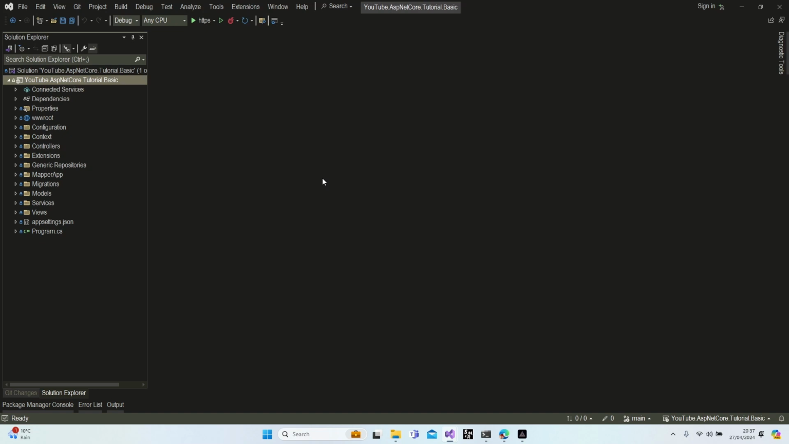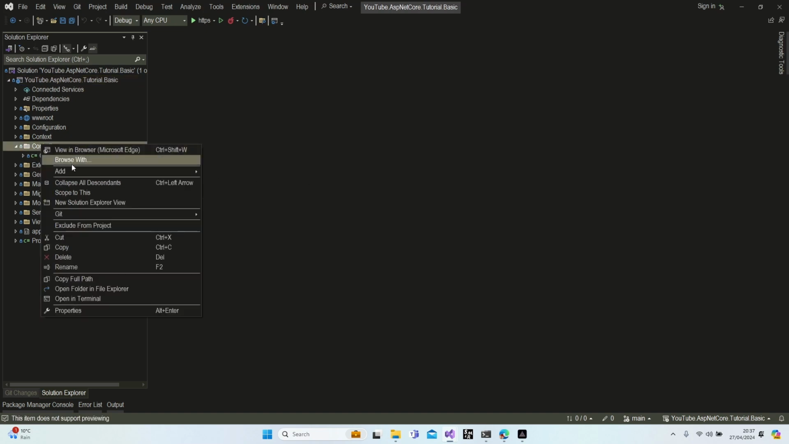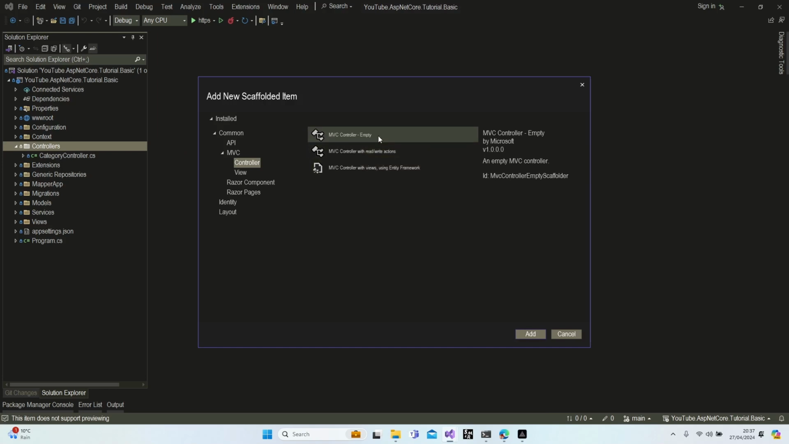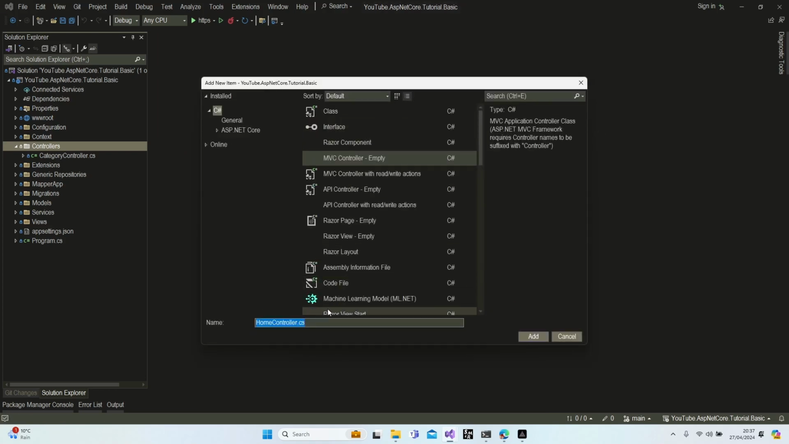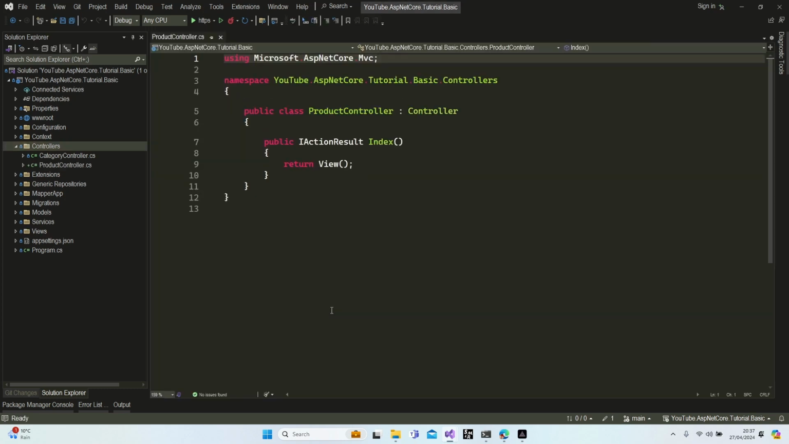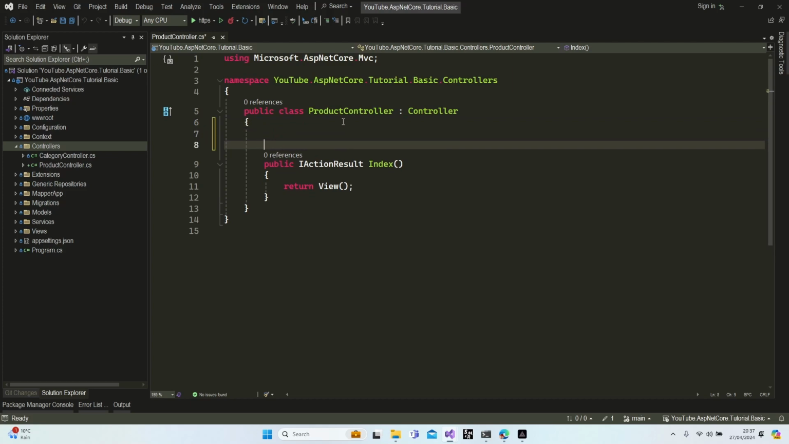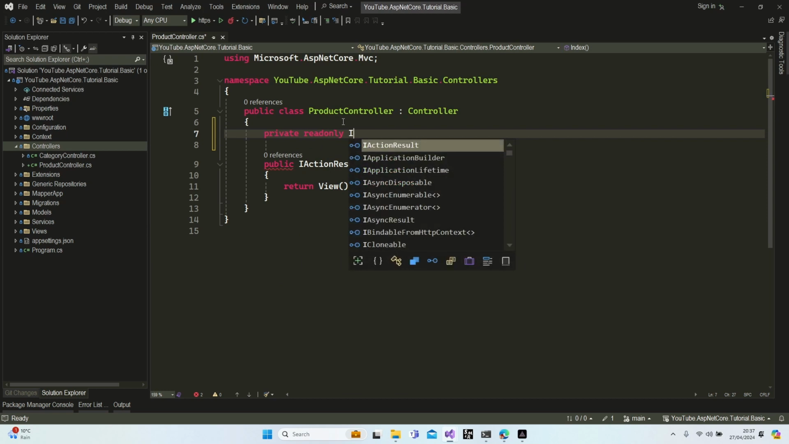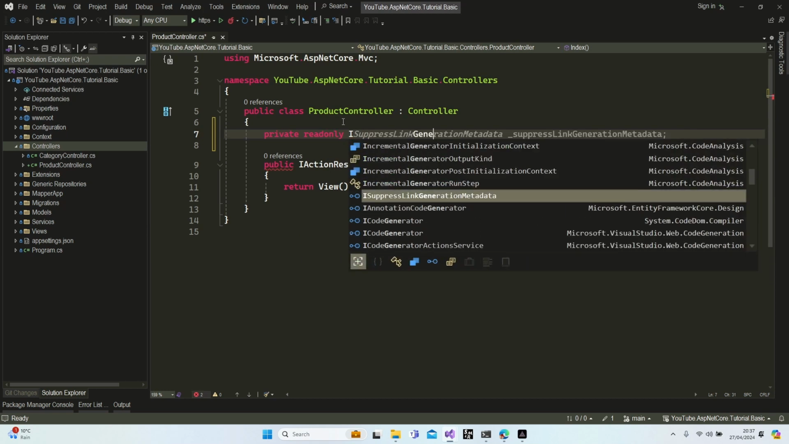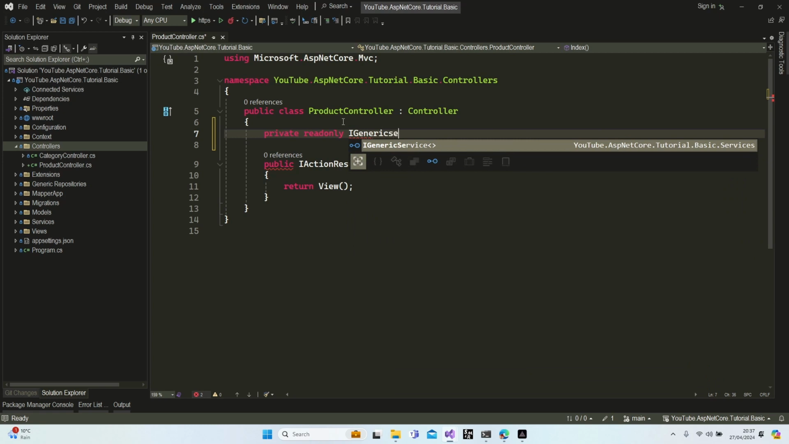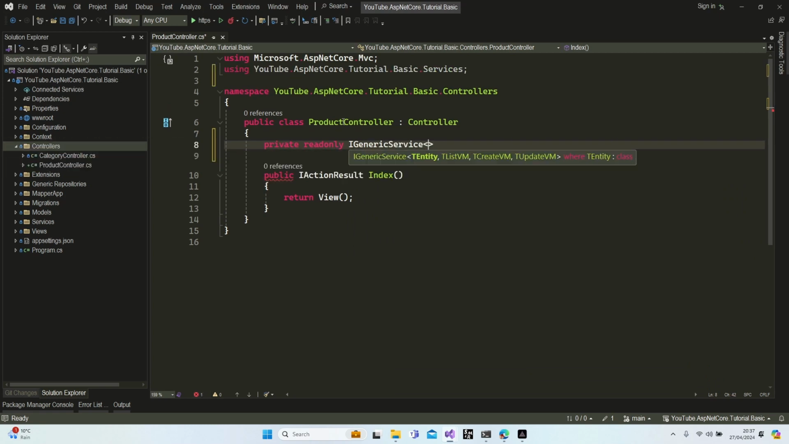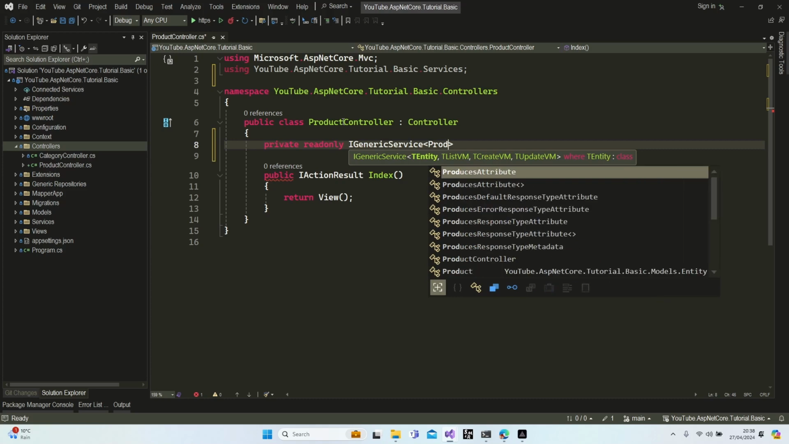Alright, let's continue. Product controller. Add controller, MVC and empty. Let's say product controller. Perfect. Let's add our generic service for product,